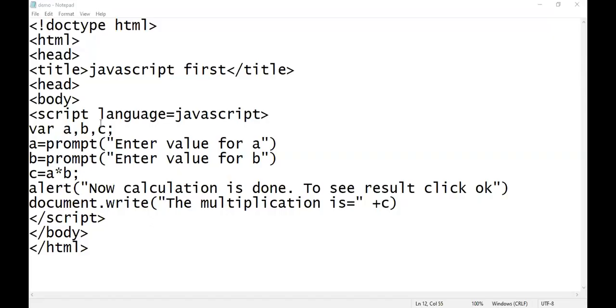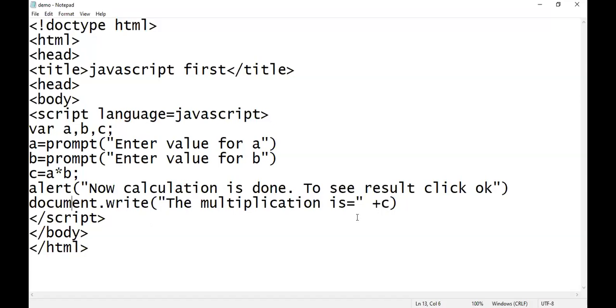The first statement was executed, then this statement, then this one, and then this one. Till I click on OK, it does not go to the next statement. When I click on the OK button, it executes the next statement, and I saw that the multiplication is equal to 30 on screen.